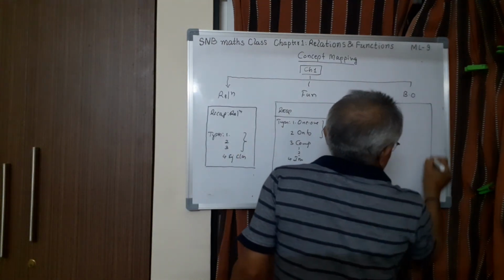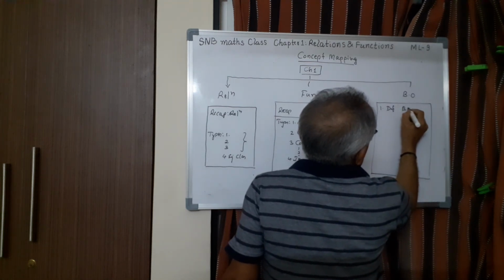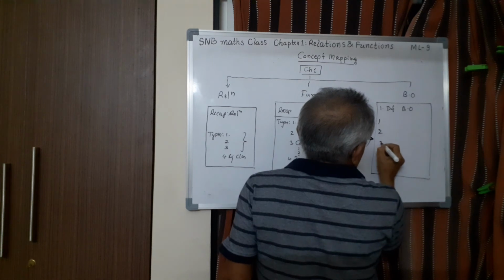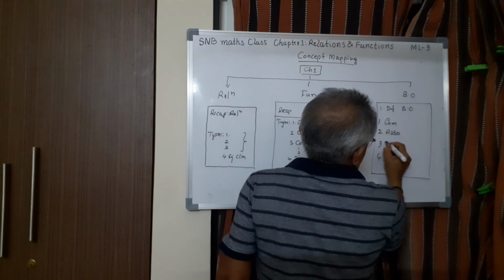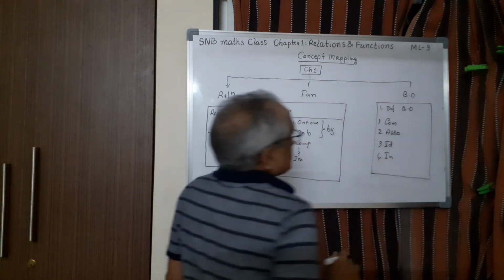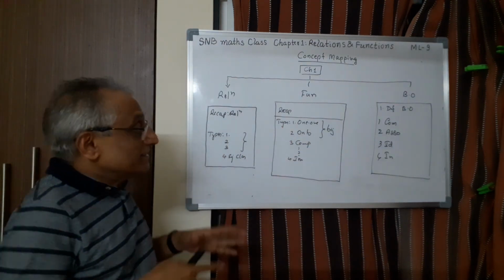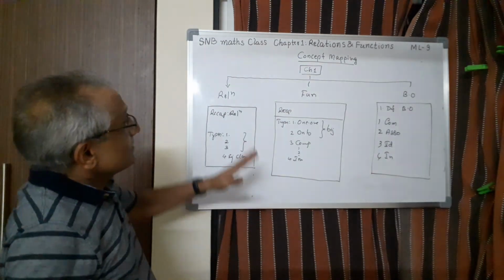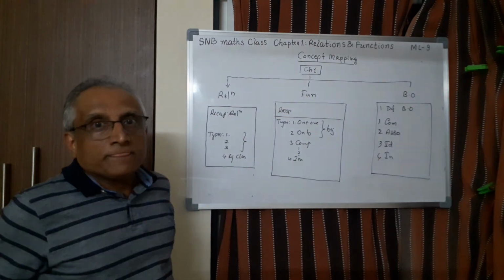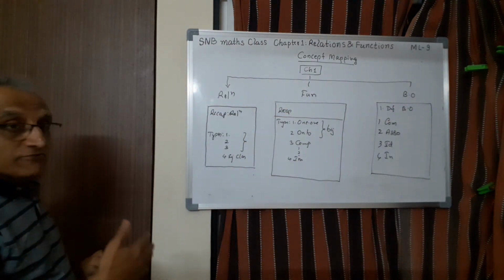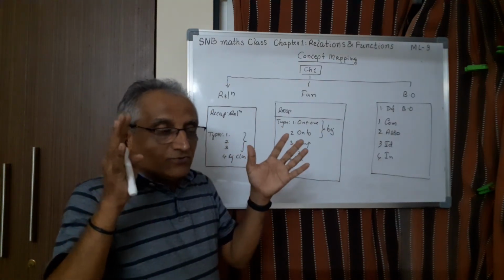Binary operation, once again, there are only 5 major concepts we studied. One is the definition of binary operation with examples 1, 2, 3, 4. Then commutative, associative, identity, and inverse. I am just writing in short. This is what you have to do, because it is not to be done by somebody else and given to you ready-made. No, you sit and revise the entire thing, then you do this. This is called concept mapping. When you have completed the first revision of the entire chapter, you do this so that everything is fixed in your mind and there is no confusion.